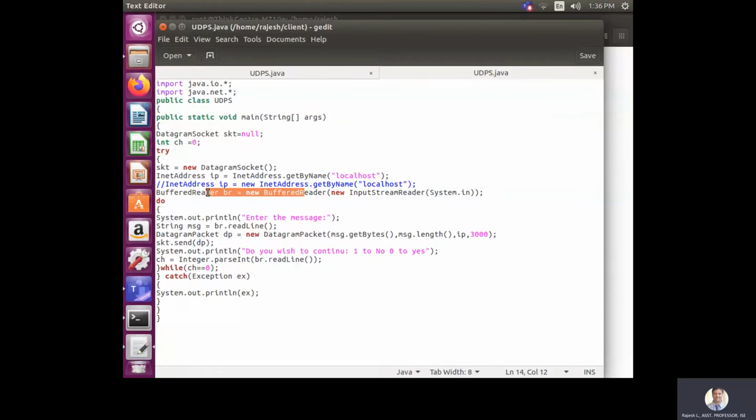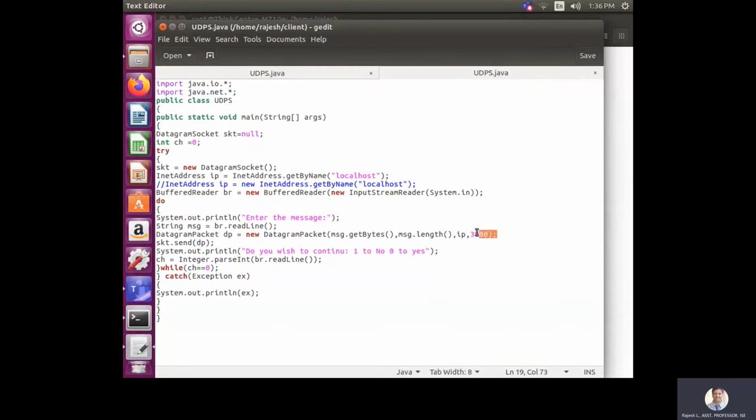There you read character by character, and now you are converting that into bytes. Then message length, the ip created for the localhost, and the port number to which you need to send the data.